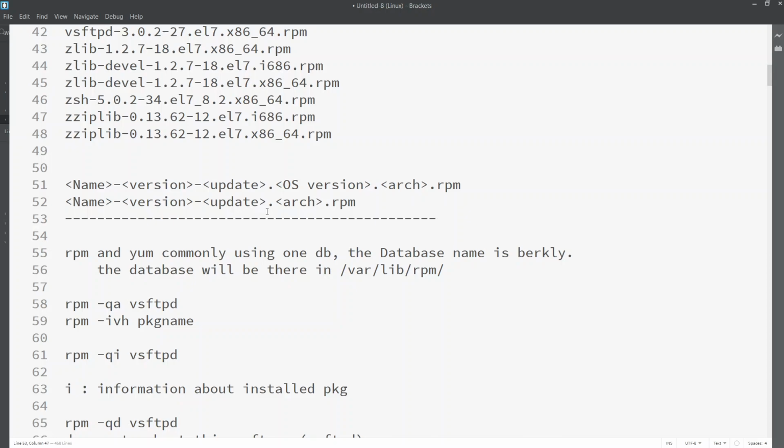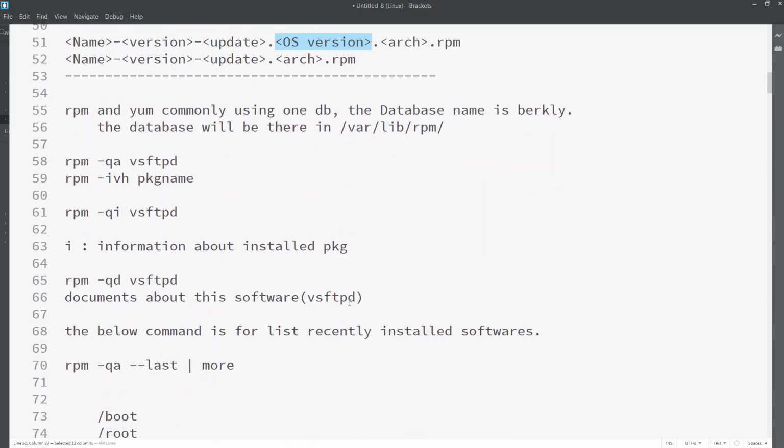If you take any third party packages or outside .rpm packages, there will not be any OS version present, because that is not developed by Red Hat. So for a few packages developed by other vendors, there will not be an OS version.